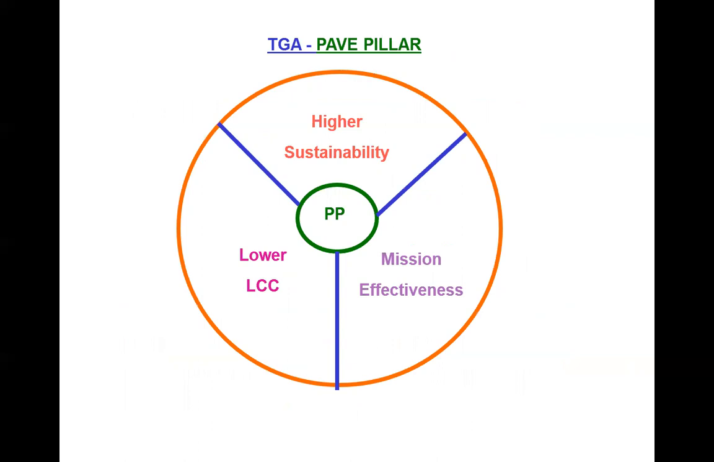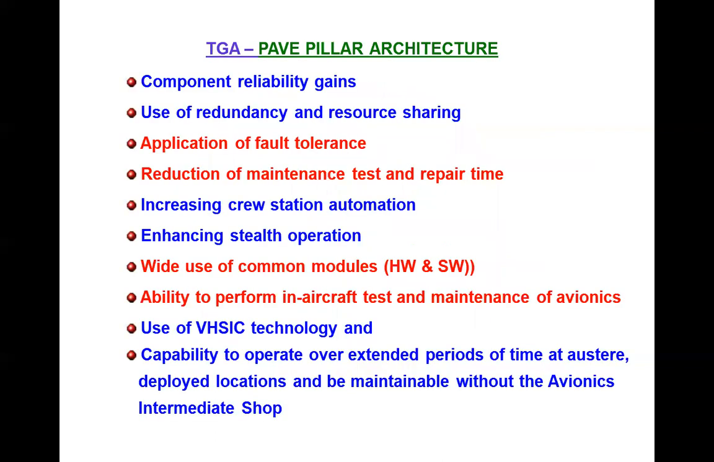Advantages: here sustainability is very high, effectiveness is also very high, and LCC is lower. These are the advantages of Pave Pillar. So the Pave Pillar architecture will hold all these points: component reliability gain, use of redundancy and resource sharing is possible, application of fault tolerance, reduction of maintenance test and repair time,